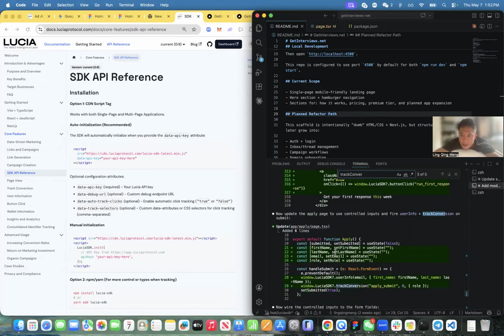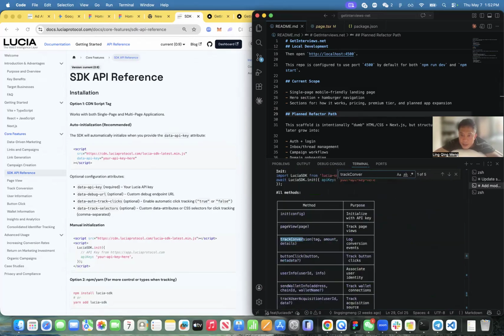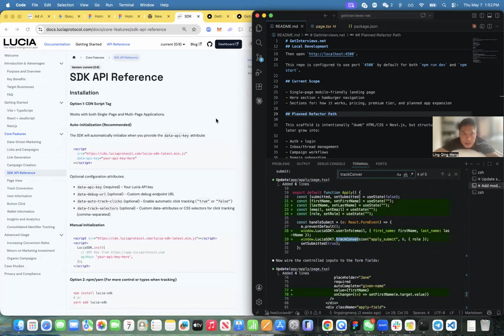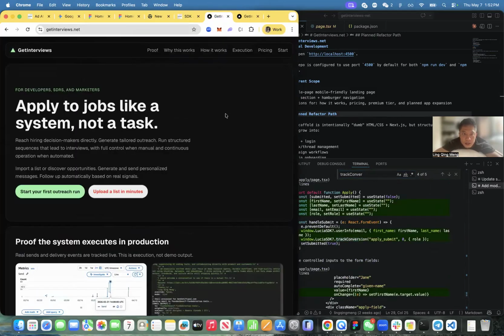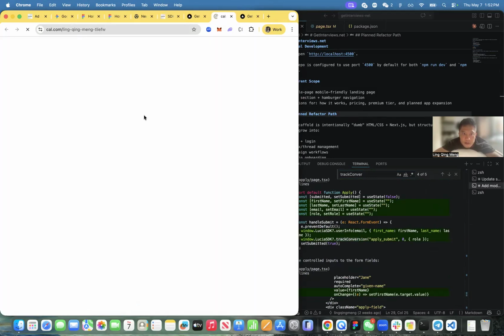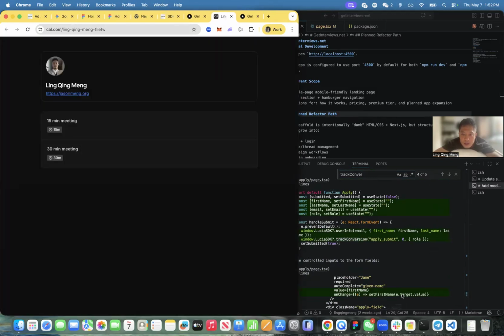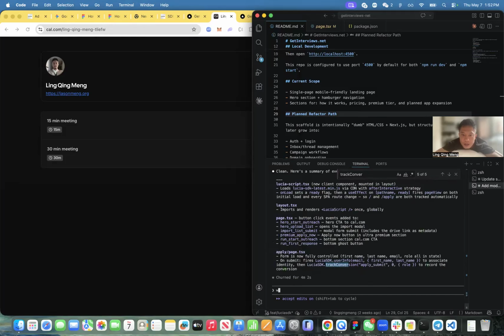Now up to the apply page to use track conversion on submit. Okay. One more thing is, you also want to add a track conversion method call